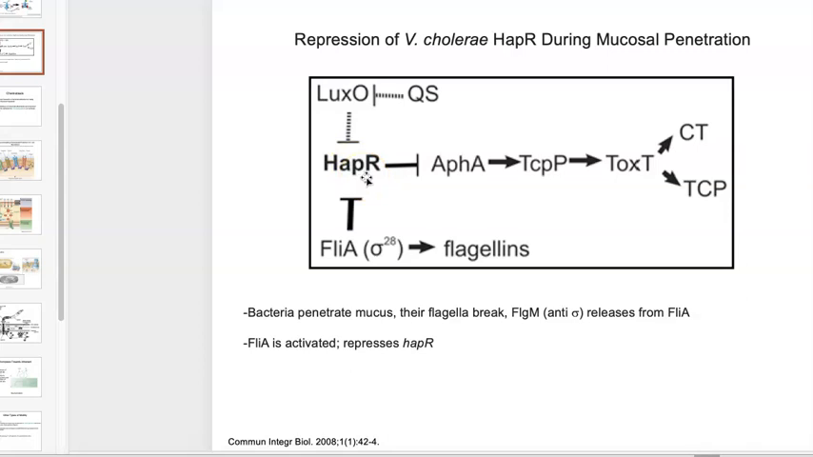So in this particular case, bacteria penetrate mucus. Once they get into the small intestine, they've got to get through the mucosa, and they've got to swim to the small intestinal epithelial layer. And while that's happening, the flagella are rotating and breaking. And when their flagella break,